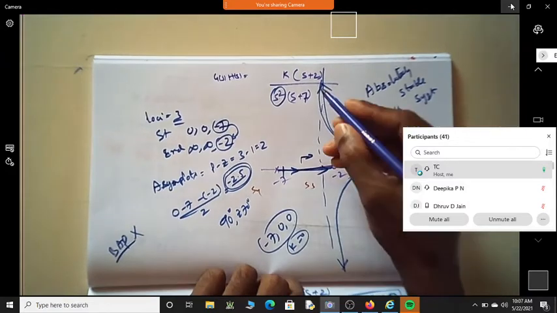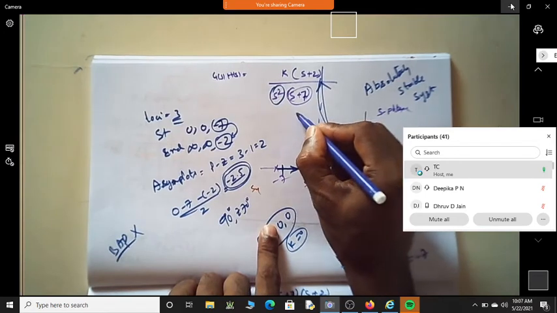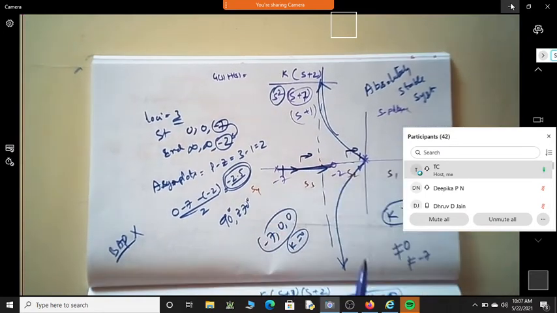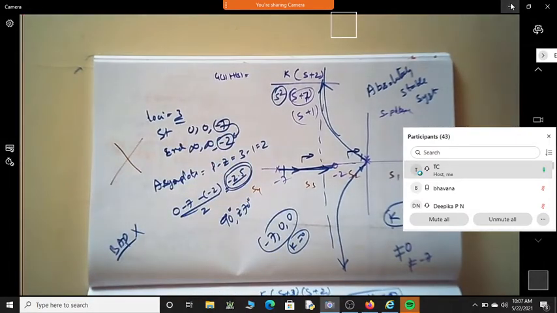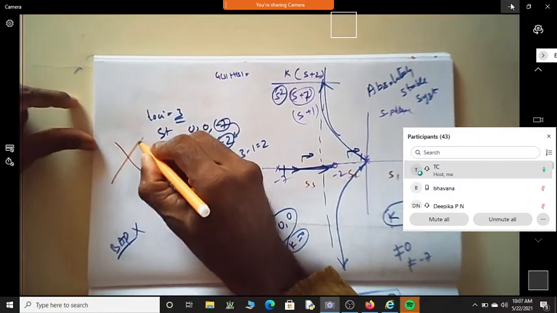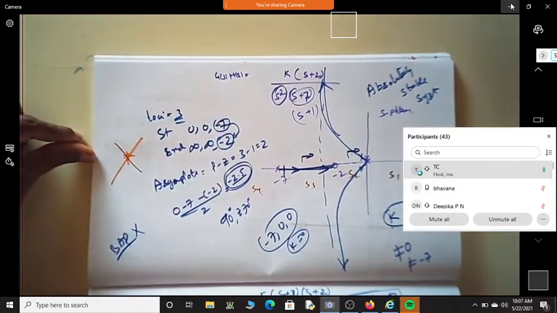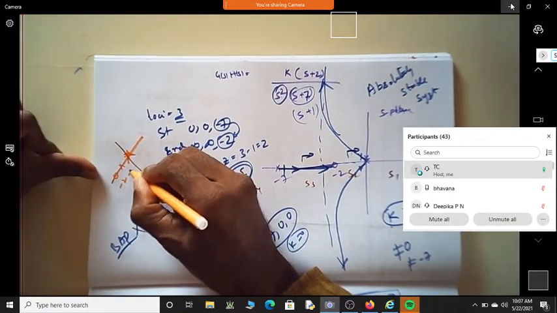Suppose instead of having this as 7, if I just move this pole to S plus 1. Suppose I just slightly alter the pole position. Let me write it here. Okay, the pens are drying out, since because of lockdown I'm unable to get new pens also. It's over here, and then I have a zero at -2, I have a pole at -1.